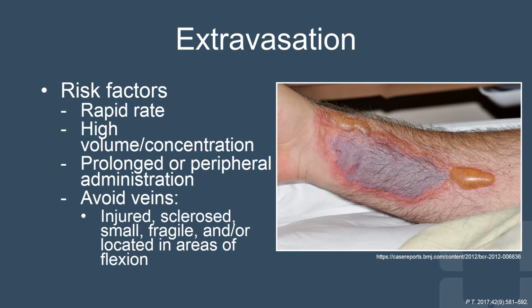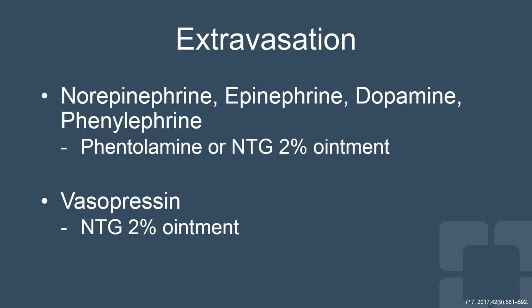If they're crashing on you and you only have a peripheral line and getting a central line will be detrimental to the patient, start these vasopressors early in these patients to get their pressures under control and then evaluate central lines from there. Now, if extravasation does occur with norepinephrine, epinephrine, dopamine, or phenylephrine, we can use phentolamine or nitroglycerin